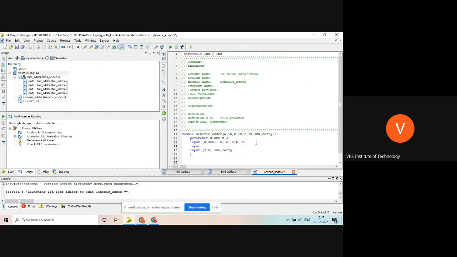Input Cin, that is a 1-bit input only. Then carry will be output, and sum will be output, and I am making this width minus 1 down to 0.